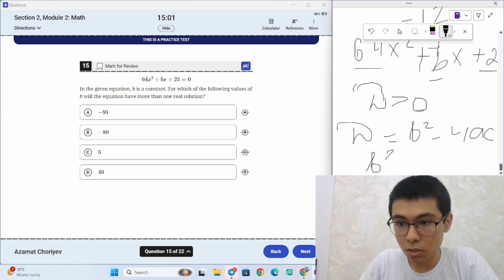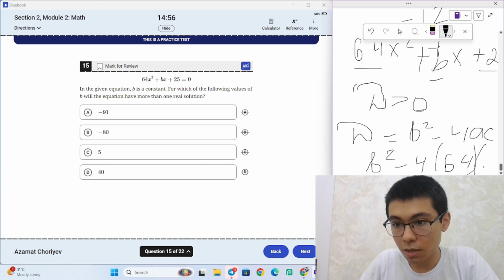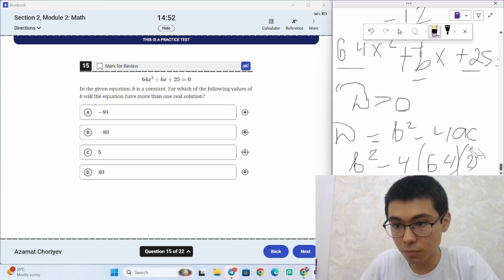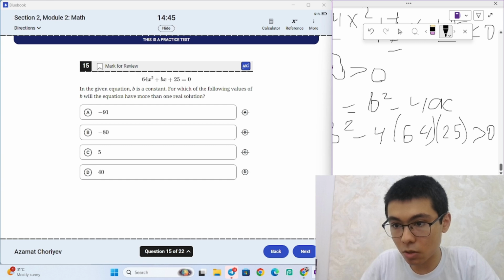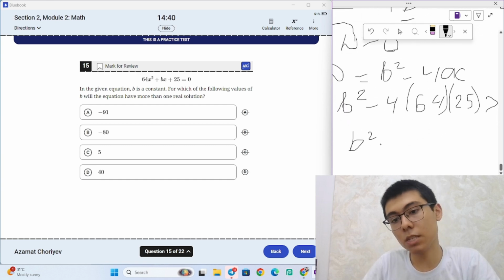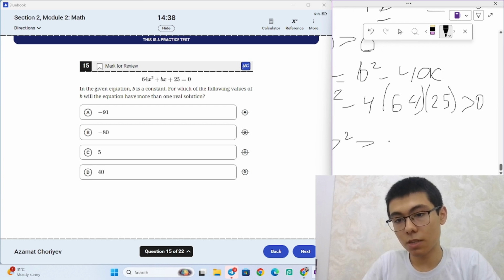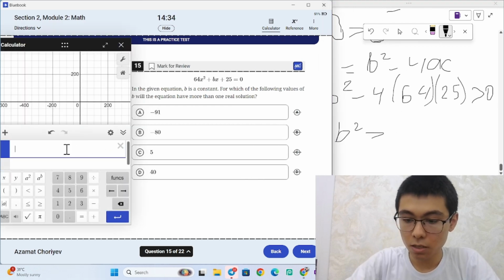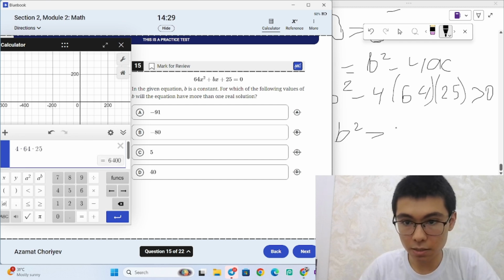So b squared minus 4 times 64 and 25, sorry. Yeah, 25. And this is more than 0. And this is going to equal b squared plus all of these. And I'm going to use a calculator for this: 4 multiplied by 64 multiplied by 25. So here I get